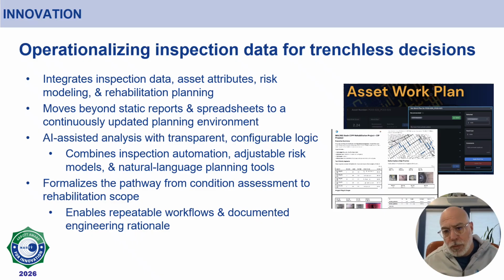Another differentiator is what we call the structural benchmark. Each asset is compared against a large national data set of similarly characterized pipes, meaning similar material and diameter classes. Instead of asking, is this pipe a 4.0, the question becomes, how does this pipe rank relative to its peers? Each asset receives a percentile-based score between 1 and 100, providing immediate context for whether a condition is typical or truly anomalous. This benchmark does not replace PACP ratings, rather it contextualizes them.